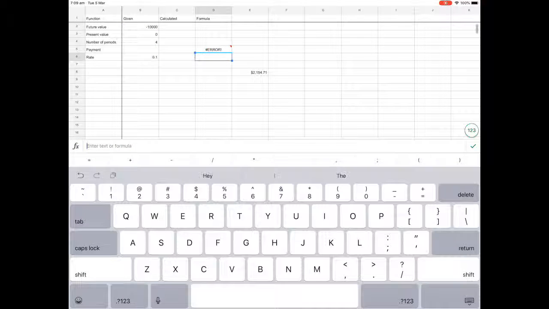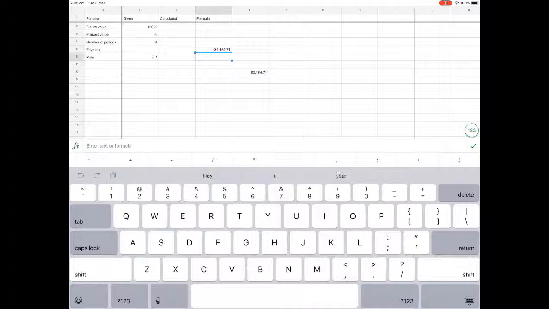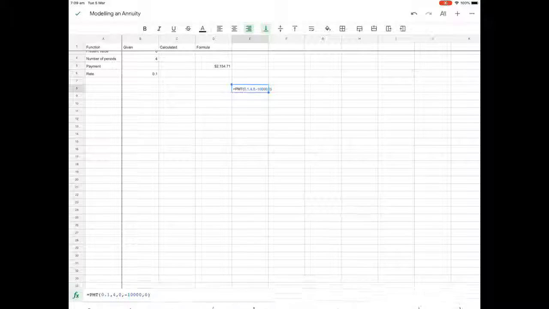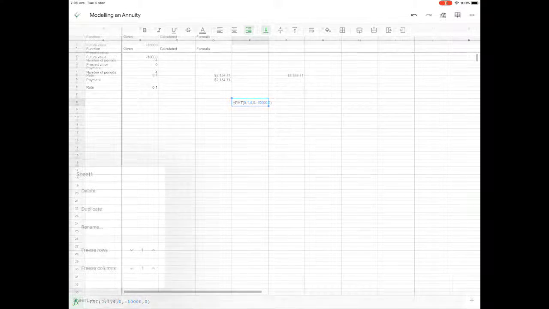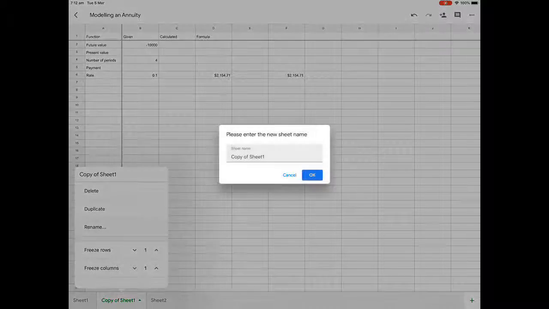And when we press enter now, make sure we've got our bracket on the end there. We should have a number, which is the same as if you just put in the numbers into the formula rather than trying to use the cells. That was, of course, example 4, and moving on to 5, I'm just going to make a duplicate of the